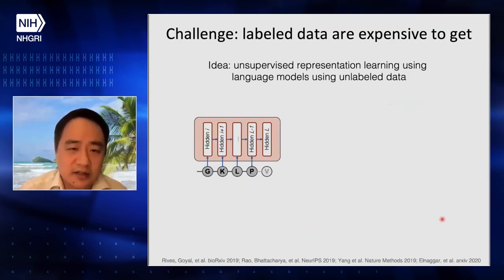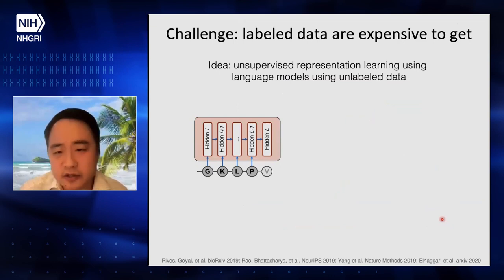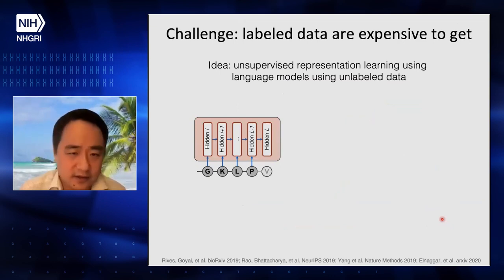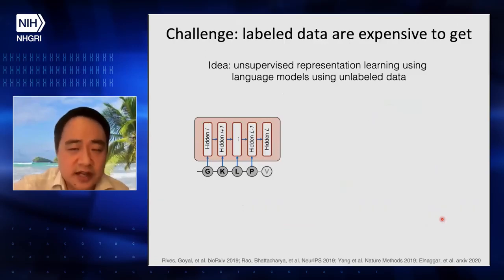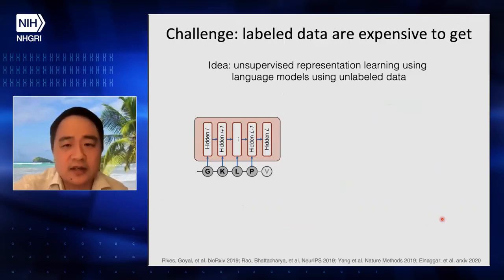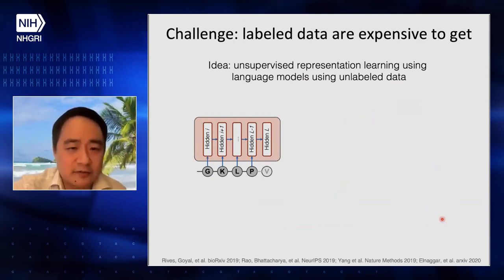There have been a lot of ideas in the machine learning community that we can borrow and apply here. One idea is to use unsupervised learning to learn good representations using language models. These data are very easy to obtain. We don't have labels, but they present some kind of good representation of the protein sequences. Basically, given the sequence of amino acids we have seen, we want to predict what we will see next.